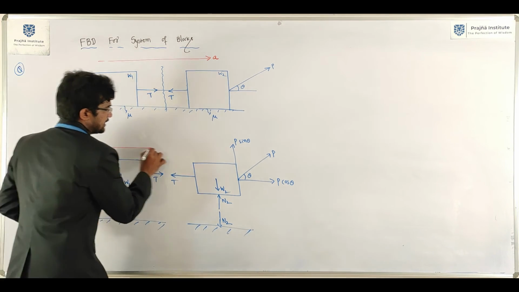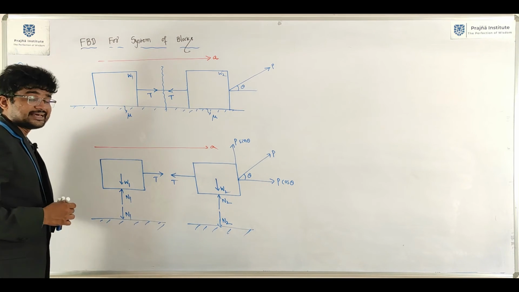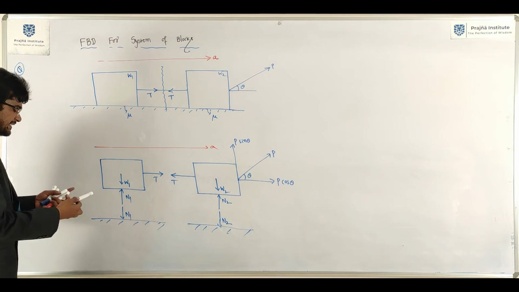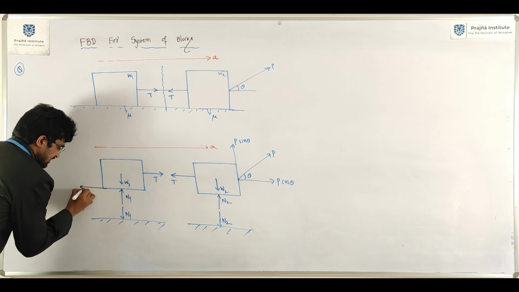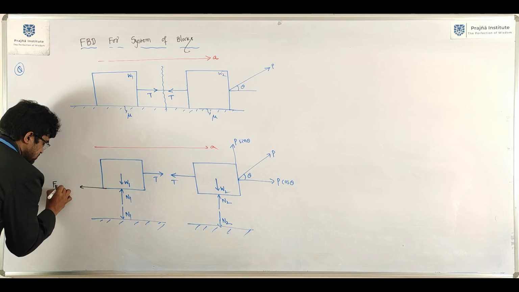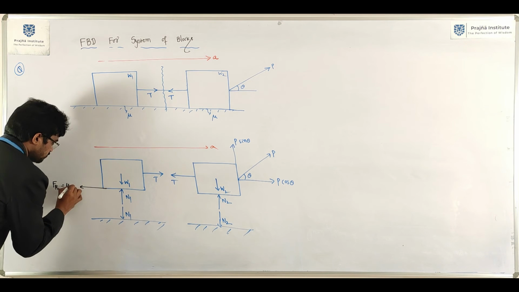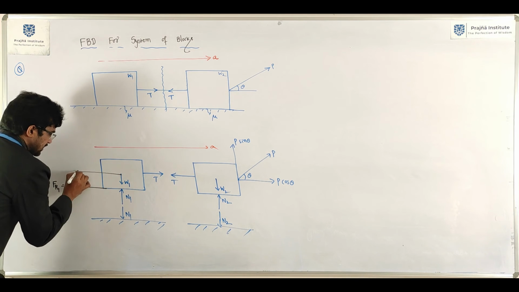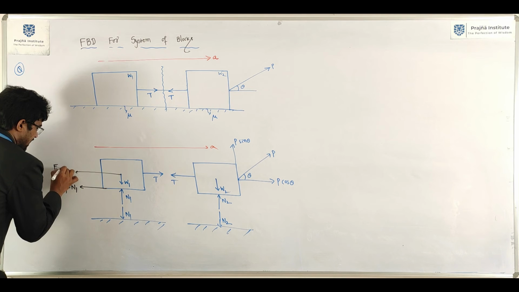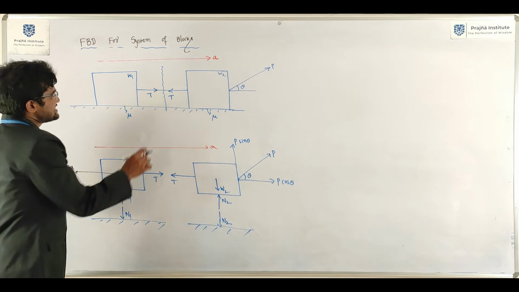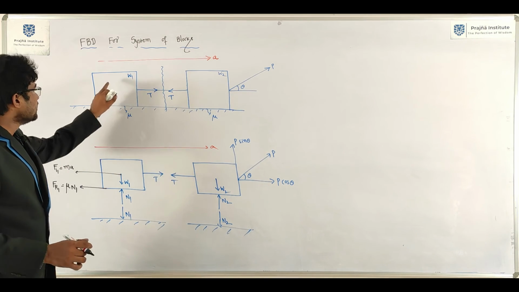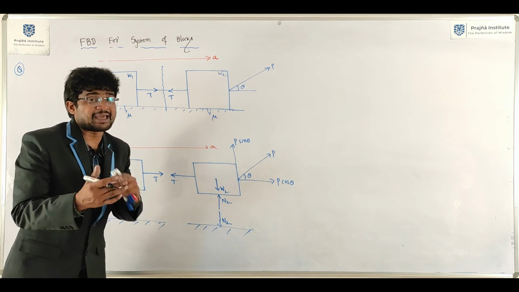Inertia force, here it is what? Acceleration. Inertia force and frictional resistance both are acting opposite to the direction of motion. This is frictional resistance 1, equivalent to mu N1. Inertia force Fi1 is equal to mass into acceleration. It is an inextensible string, then both are having the same acceleration.